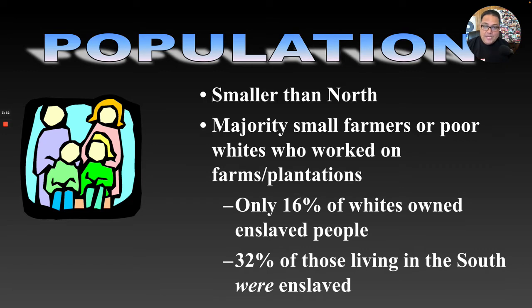The majority of people living in the South were small farmers or poor whites who worked on farms and plantations. 16% of whites actually owned enslaved people. So the majority of white people in the South did not own any enslaved people at all. And 32% of the Southern population, approximately 1/3 of the humans living in the South, were owned by other humans, right? So we're going to look at that graphically in just a little bit, but this is something interesting to